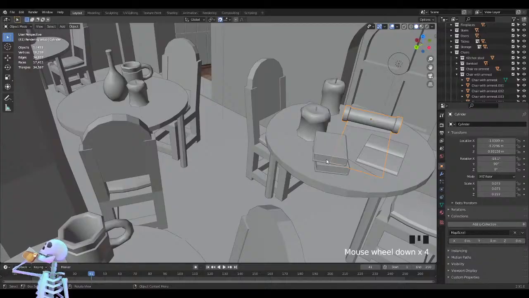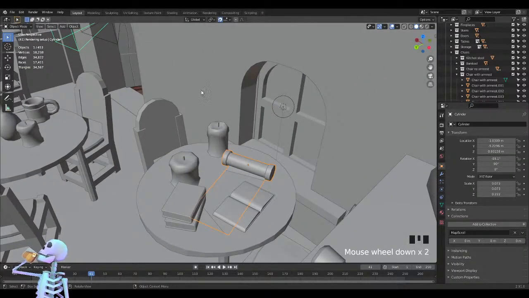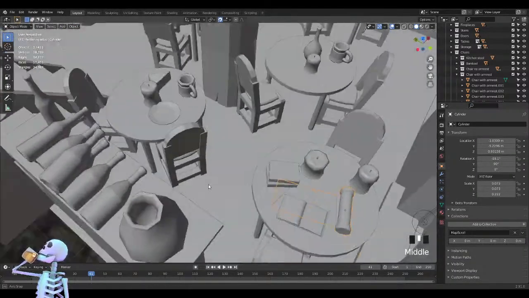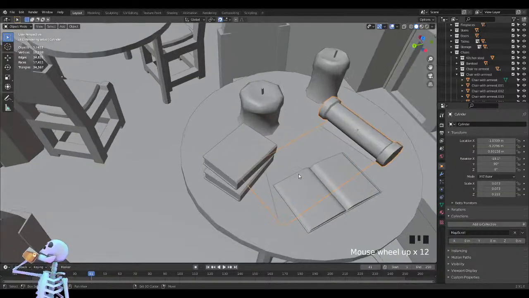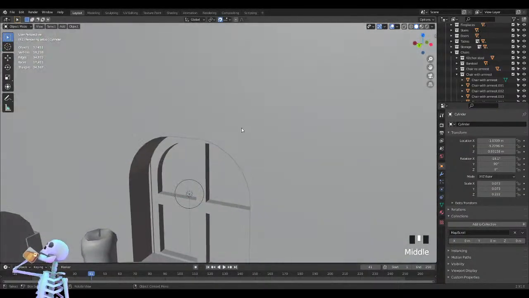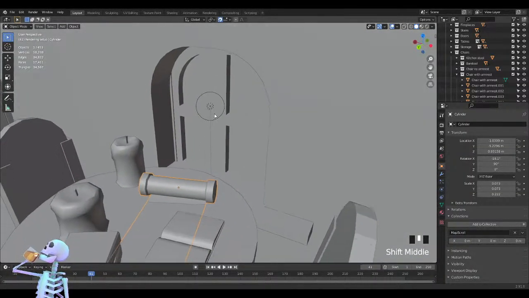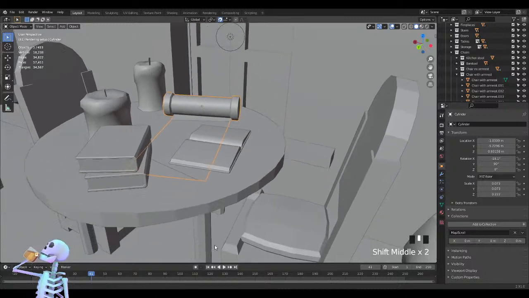This way it looks good, I think. Does it? Oh wait. Yeah,